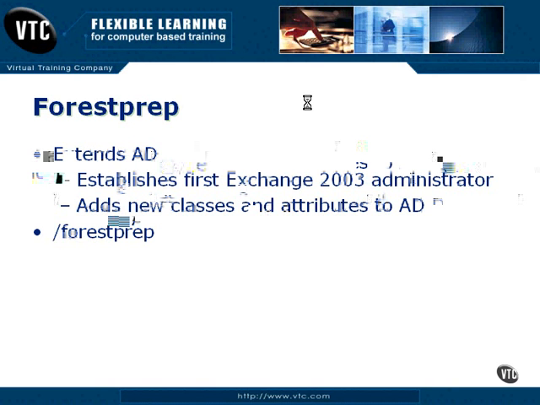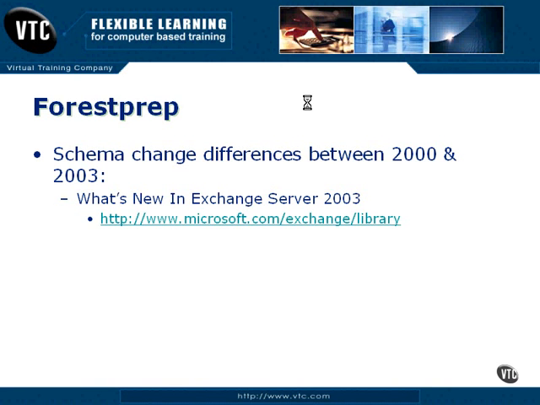Now, you can find this paper right now at microsoft.com/exchange/library. Now, depending on when you get this video, Microsoft, I've mentioned it earlier in the course, always puts lots of technical documentation out there for new products. This stuff will start to disappear and go away over time. So you may want to go check this library. If you can't, do a search on what's new in Exchange Server 2003, and it should be out there for